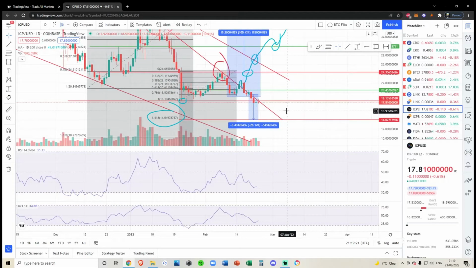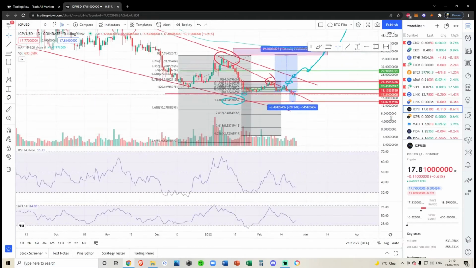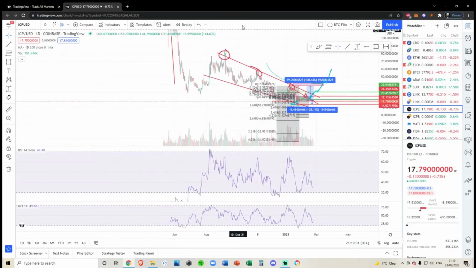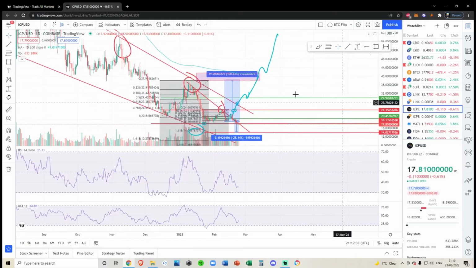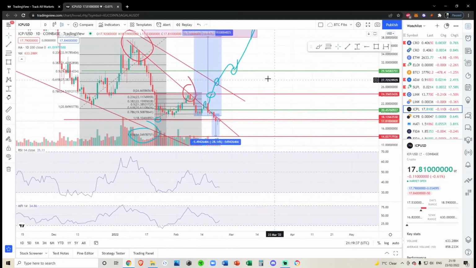If any coin was going to lose 75% of its value in a couple of weeks against Bitcoin, I would probably be betting that it would be a coin like this. You can see that we are in a huge bear flag. So all in all, we're below the 200-day. I outlined this in my previous video, why I would not even be longing if we did break out, because